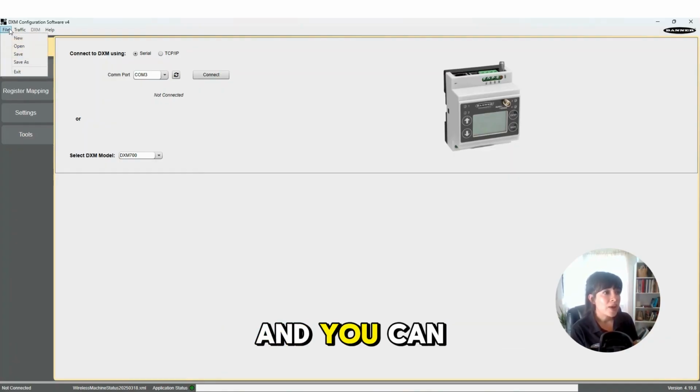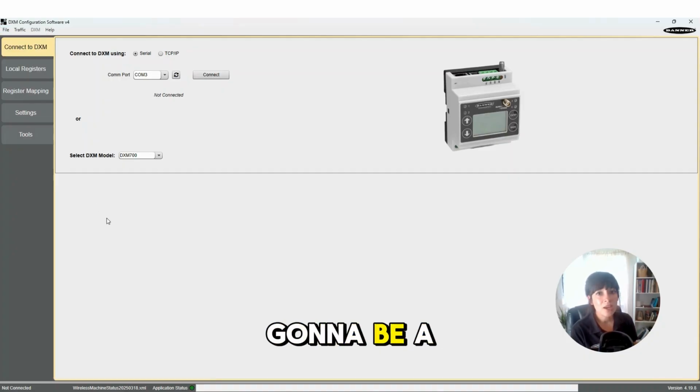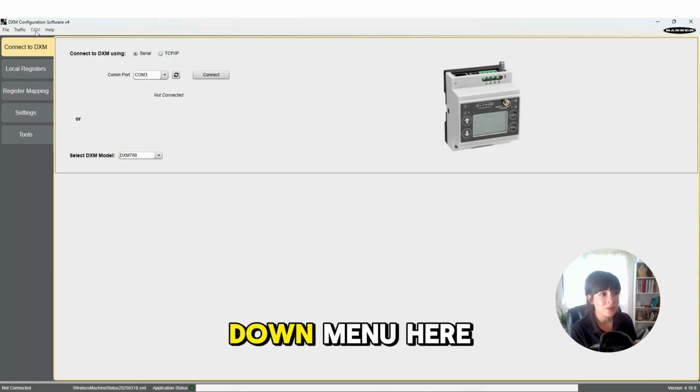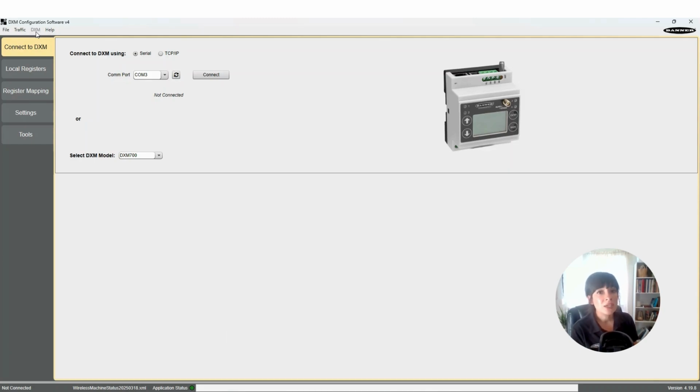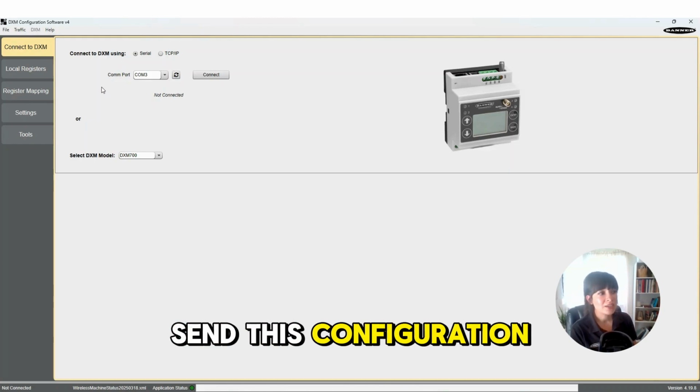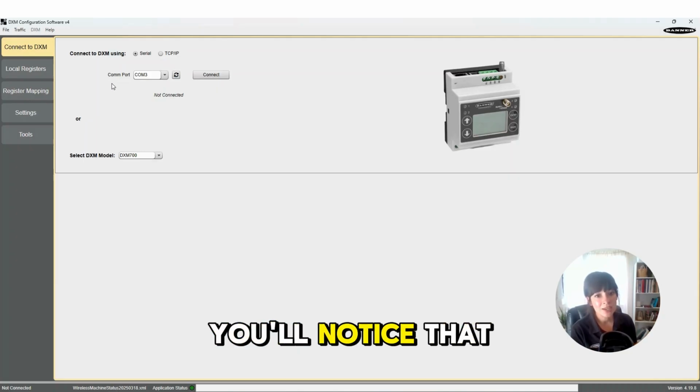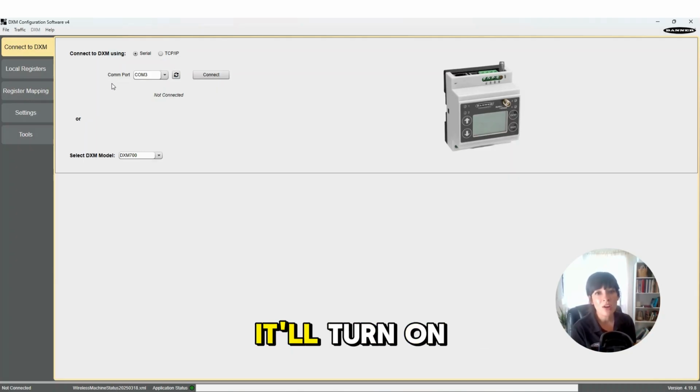And you can go to File, open up the database, the program. It's going to be a .xml file. And what you'll want to do, and I can't click on this right now, but if I were connected to the DXM, I would have an additional drop-down menu here under DXM, and I would send this configuration to the DXM, let it download. You'll notice that the DXM will power cycle, it'll turn on and off,